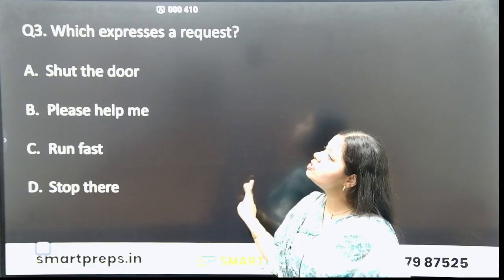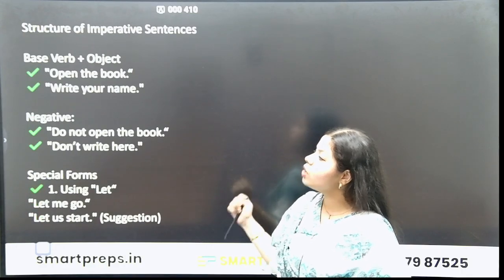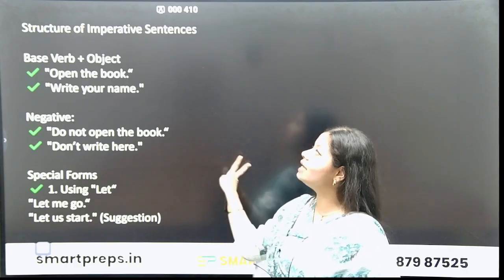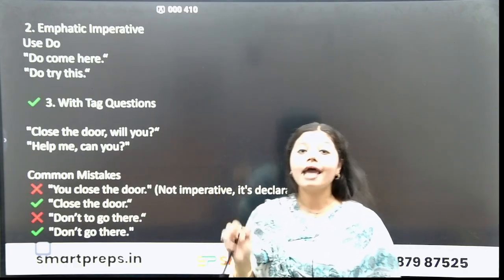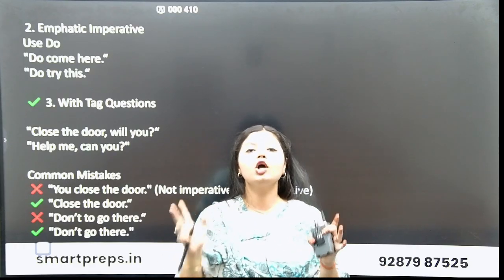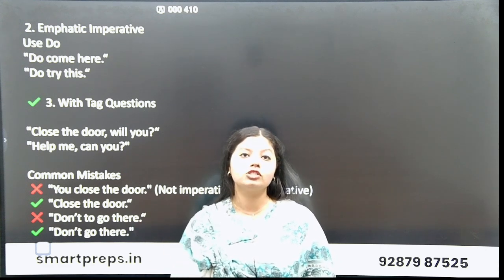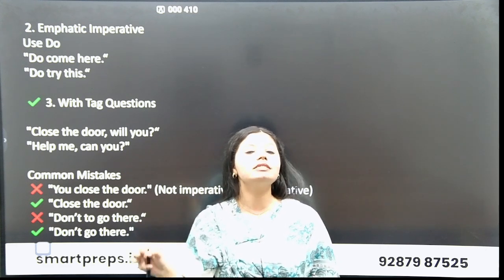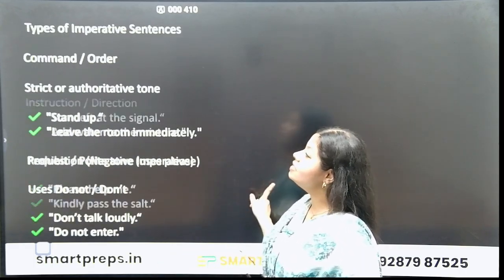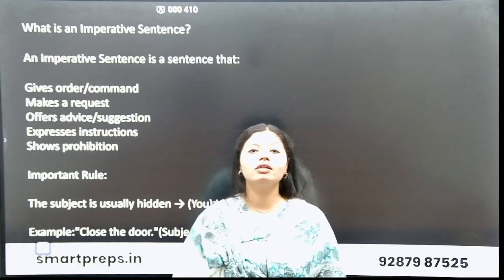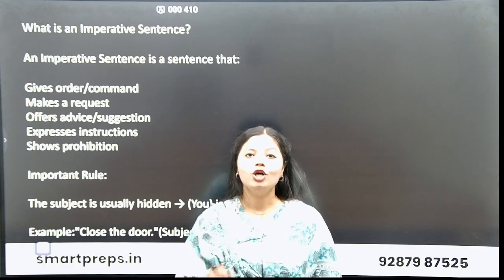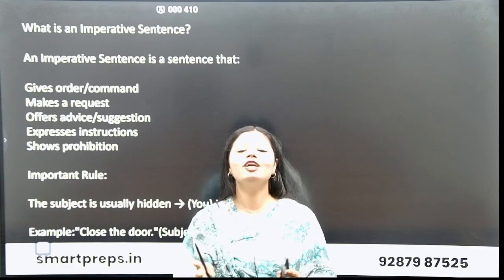All right, so I think we have understood the imperative sentence and its various forms: positive structure, negative structure, special forms using let, emphatic imperative, using tag questions, and also where we make common mistakes. I also explained at the very beginning of the video how imperative sentences are divided on the basis of purpose. Today we covered imperative sentence; in one video I covered declarative sentence, in one complex, and in one compound sentence. So we are understanding each and every sentence type, and in the next video let's understand another type of